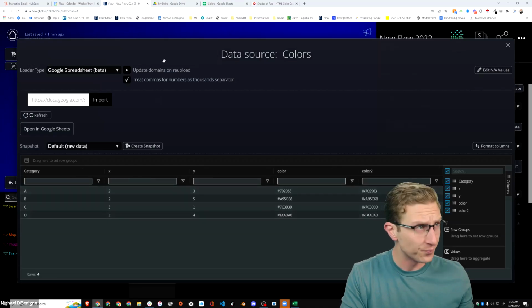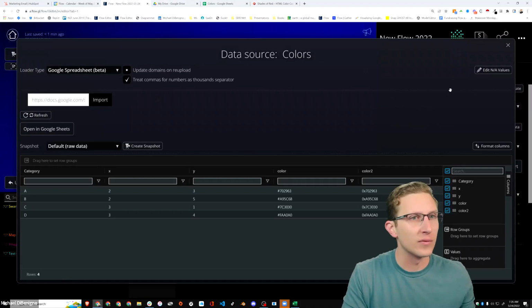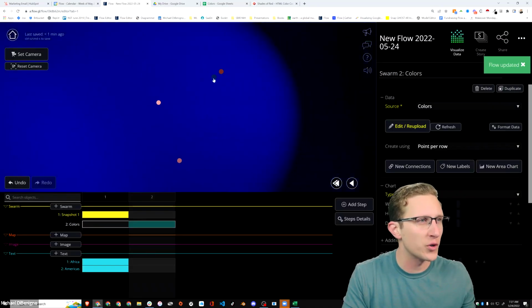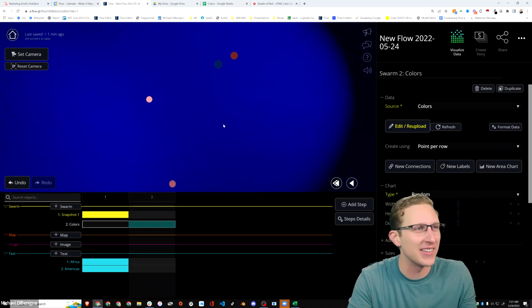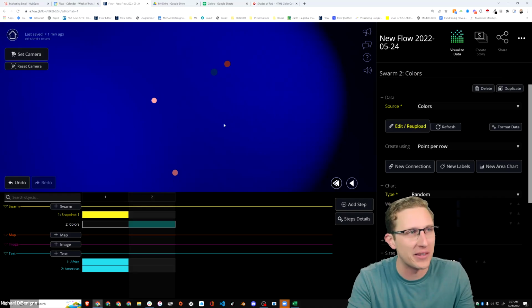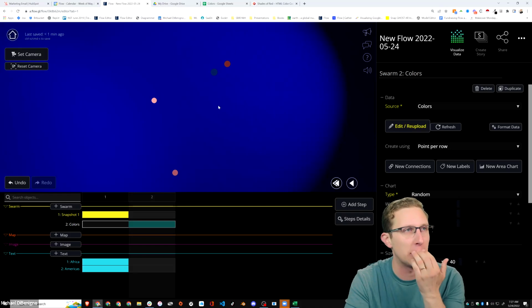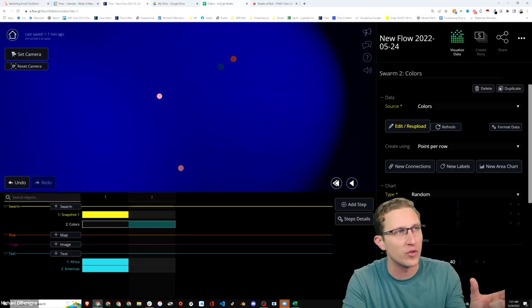If I were to change this here, and I'll just change this to 1 and refresh the data set here, I didn't really note which one it was or what color changed, but one of these colors changed. Essentially that's the easy way to make these color updates or have it be very directly linked to a color. So that's a very powerful mechanic for color, but also a little more involved,